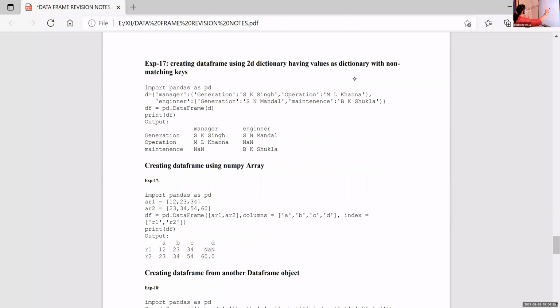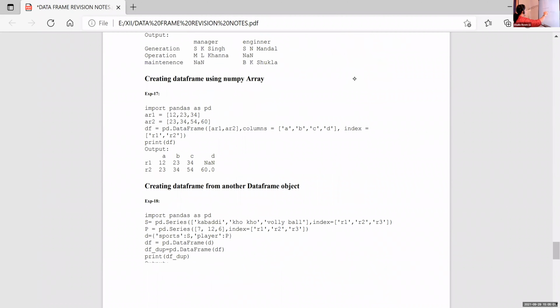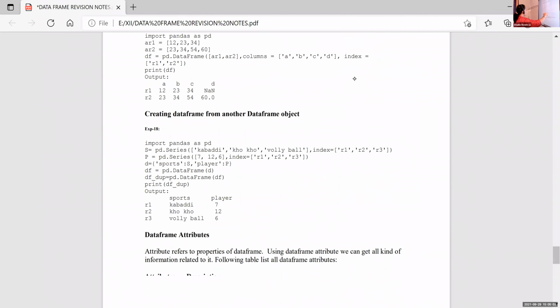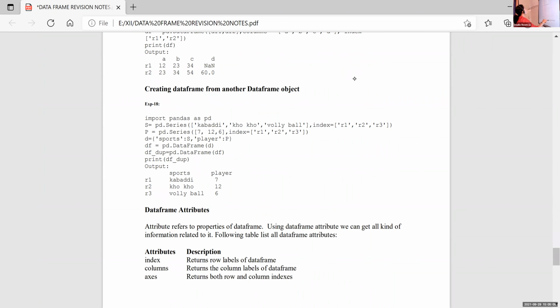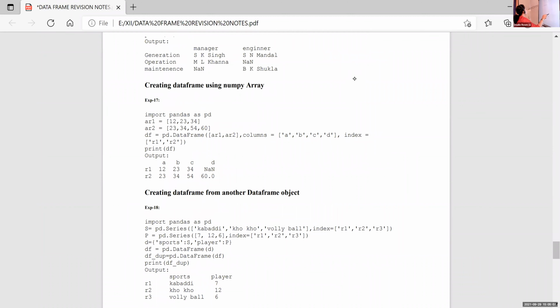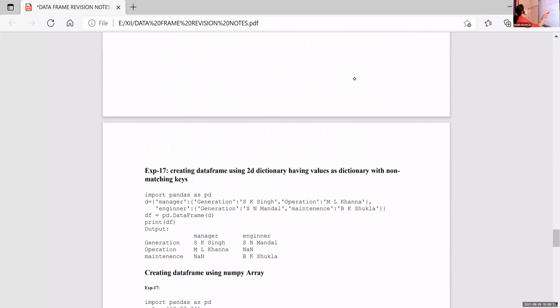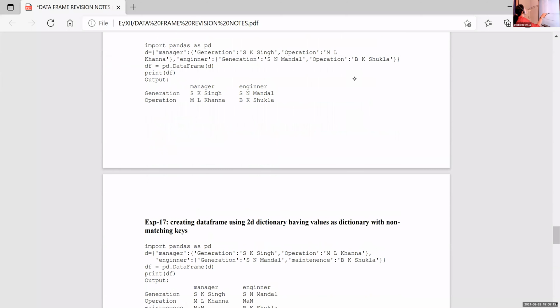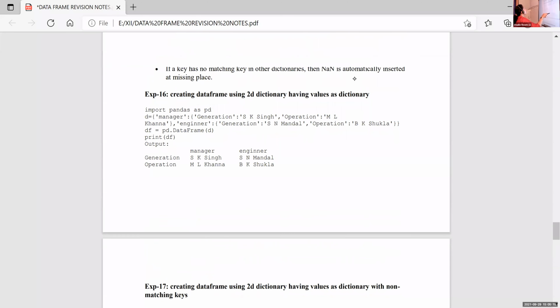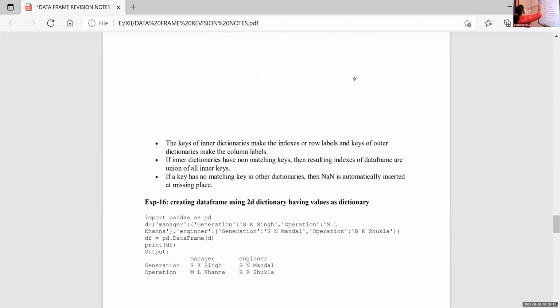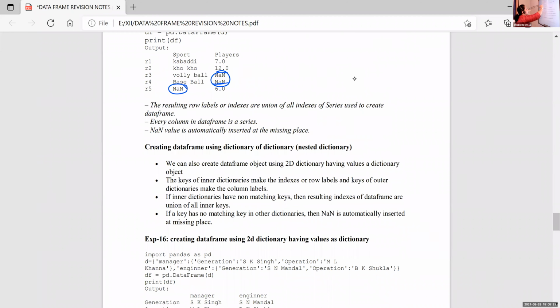Last one it is NumPy. Data frame matrix. So 17, 18 is also there. Yes, I will send it in the group.